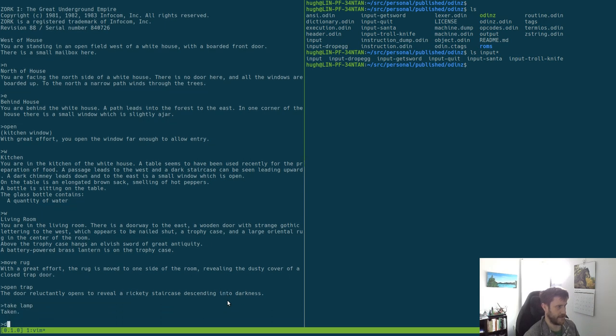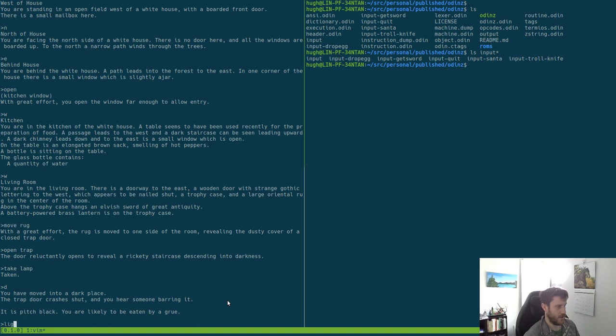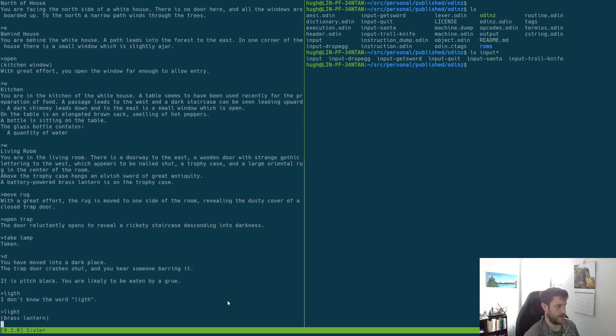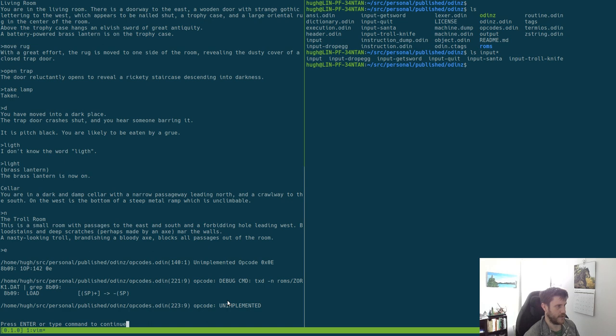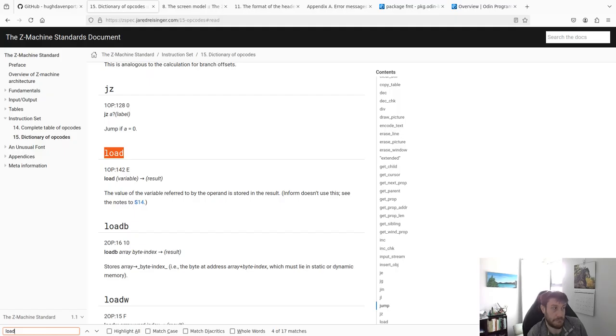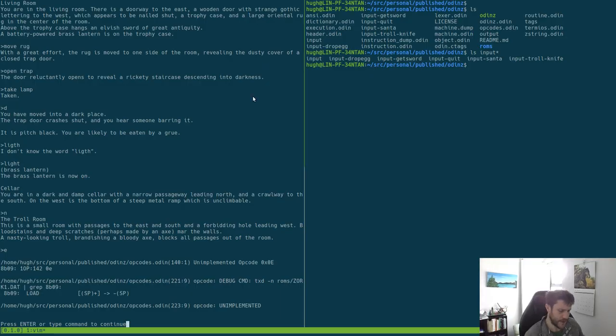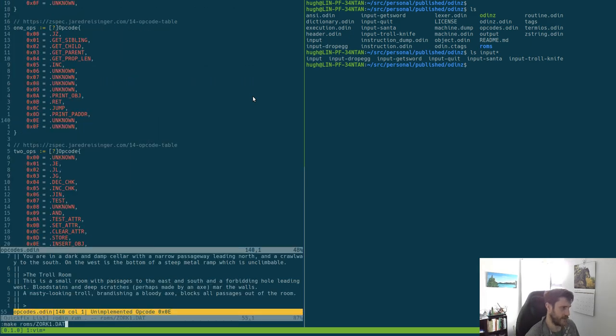Always got to take your lamp. Lights. Because sometimes you might just do something, and that's like another load opcode. So yeah, there's a few different opcodes that could be kind of interesting to look at. This load one is kind of interesting, but the stack underflow is also kind of interesting. So I guess this is also a good point to